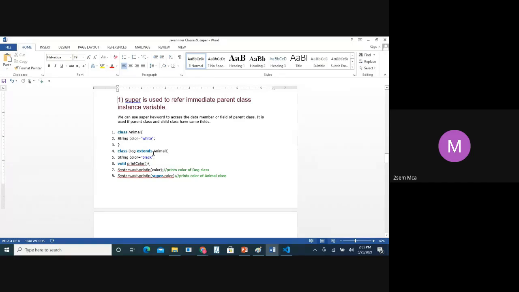And we are creating one more class called Dog. Why do we use extends? Anybody know why we use extends? When should we use extends? Extending another base class with the extends keyword. Yes, true.